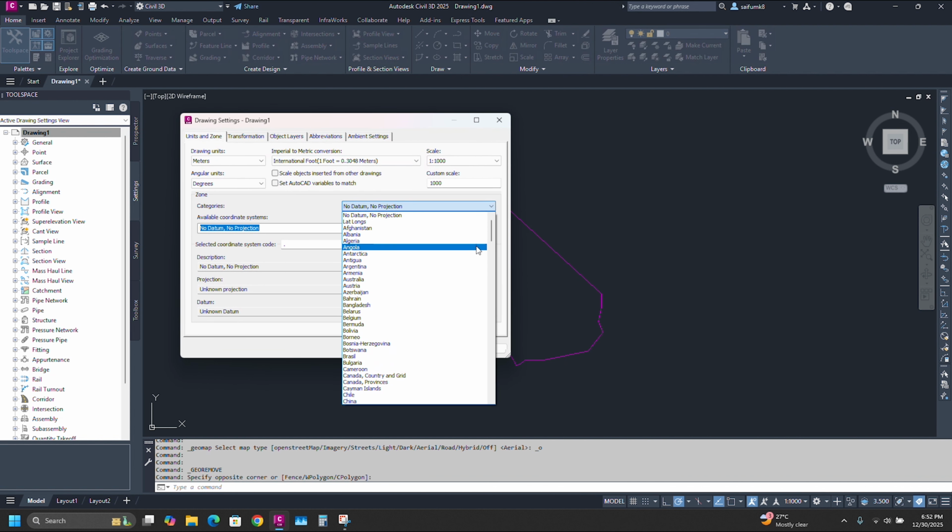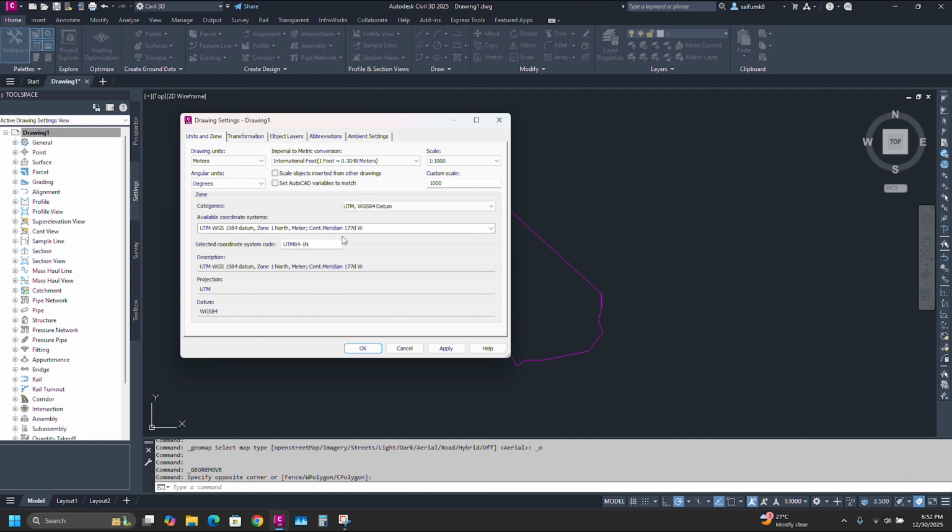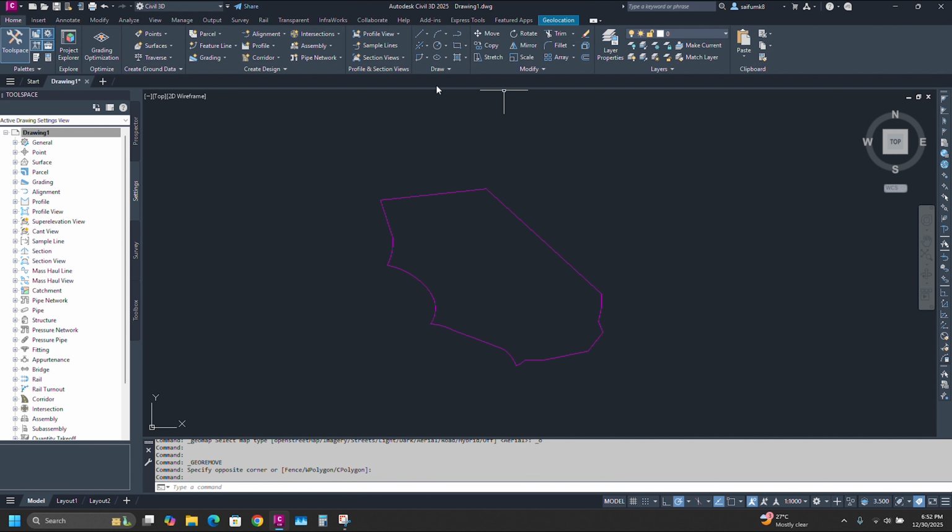Okay, go to WGS84, which is my project CAD zone, and I will set here 37 north. You can set this coordinate system depending on your project. Okay, this is just for demo purpose. Apply. Okay, and now go to geolocation,